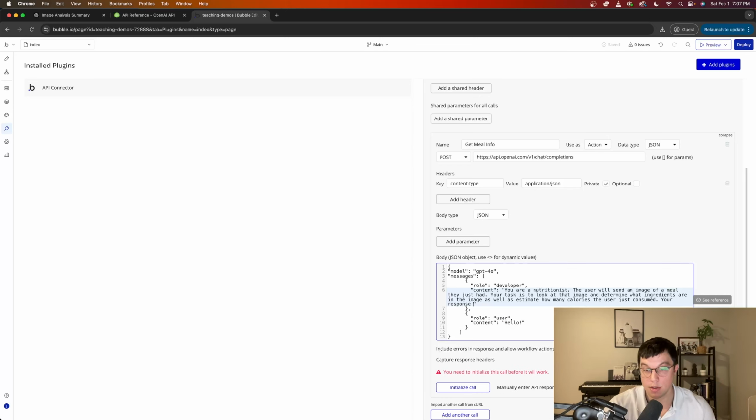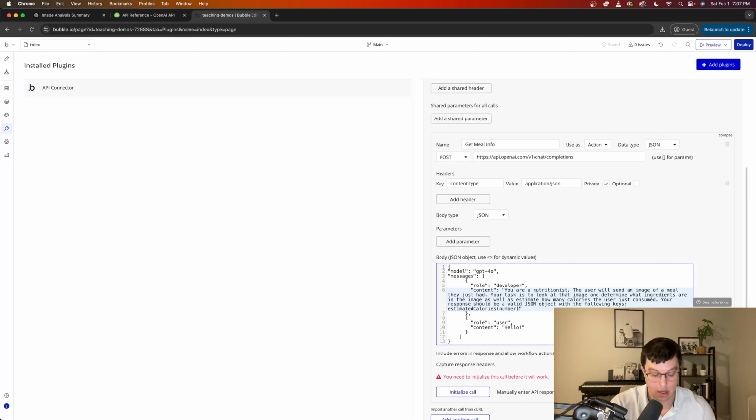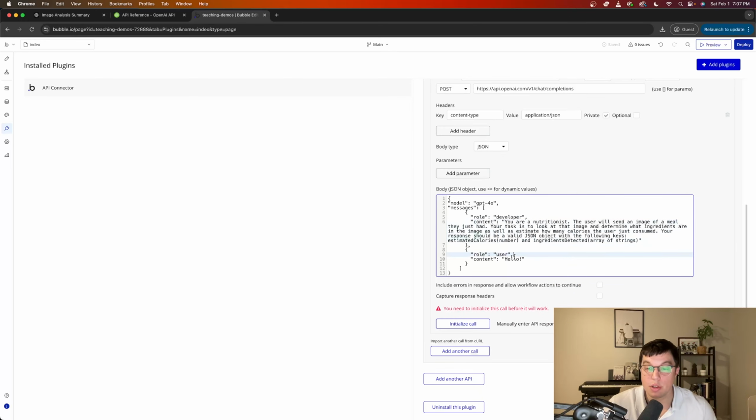Your response should be a valid JSON object with the following keys: calories, or let's say estimated calories, which will be a number, and ingredients detected, which will be an array of strings. Okay, now for this user part,